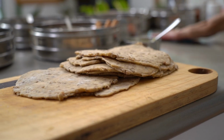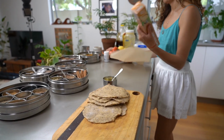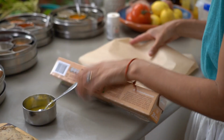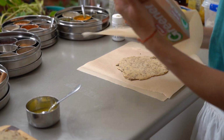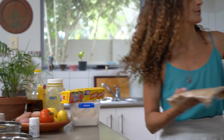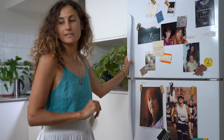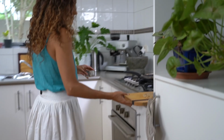Might just do 2 of them, and the rest you can layer between baking paper and put in the freezer, and then whenever you're ready to eat them, you just take them out and put them straight on the tawa. You don't want to see inside my freezer. All right, so what we're getting at,